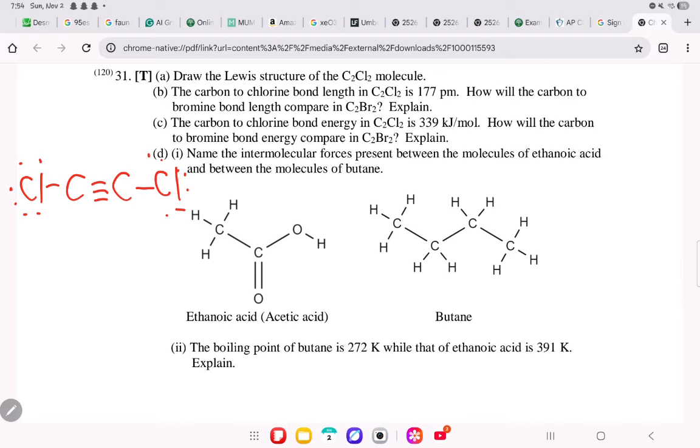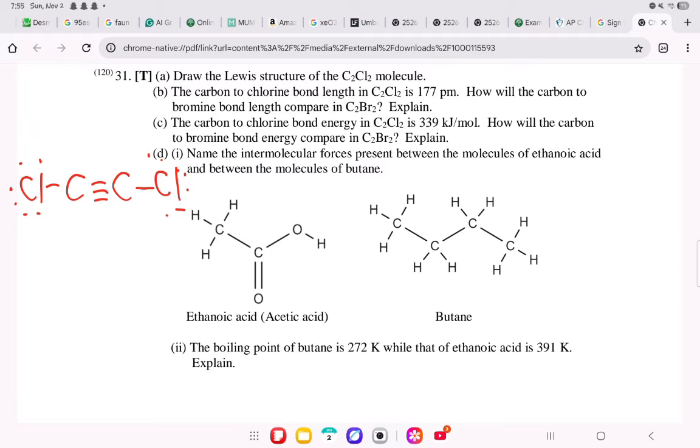They said the carbon to chlorine bond length in C2Cl2 is 177. How will the carbon to bromine bond length compare? So bromine has a larger atomic radius. It has more electrons, so it's going to be greater than 177. Now, the carbon to chlorine bond energy in C2Cl2 is this much. How will the carbon to bromine bond be? It will be less